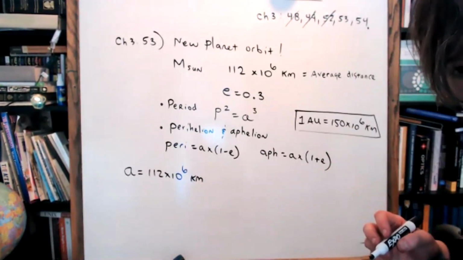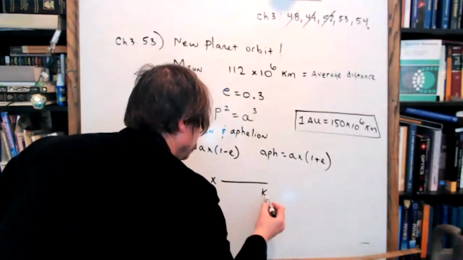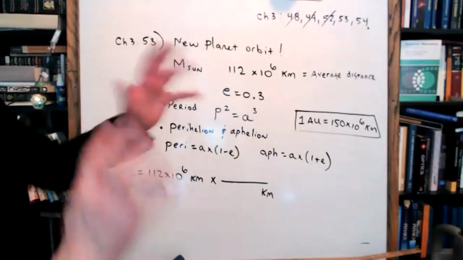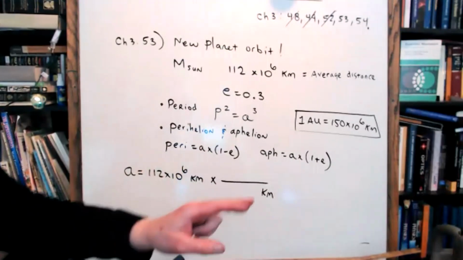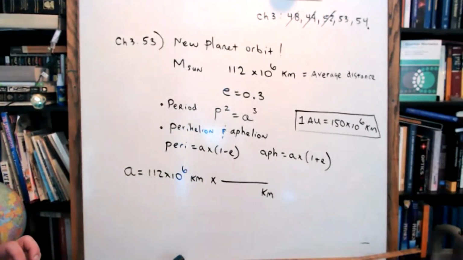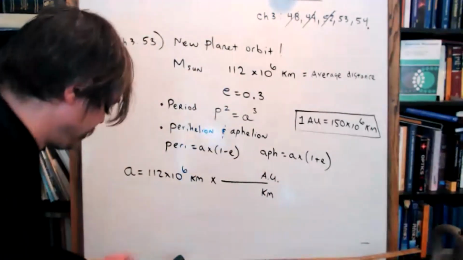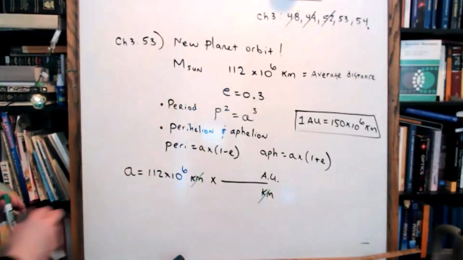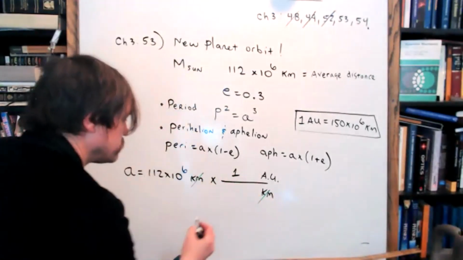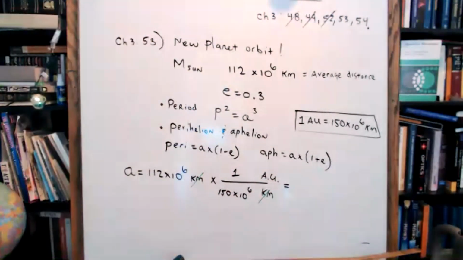So we'll take the original A equals 112 times 10 to the 6 kilometers. Then we multiply it by a division bar. We put kilometers on the bottom. No numbers, sorry, until both your units are in place. You did say kilometers on the bottom. I didn't hear you say anything else on top. And AU on top. Okay. And then we're going to put 1 as the unit for AU on top, and 150 times 10 to the 6th kilometers on the bottom. Beautiful. Punch them up.